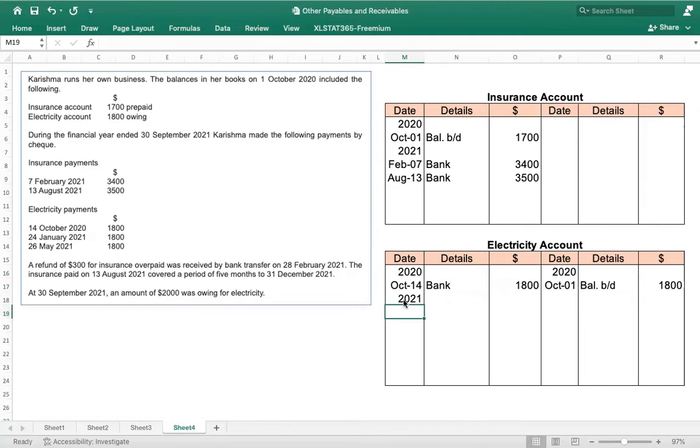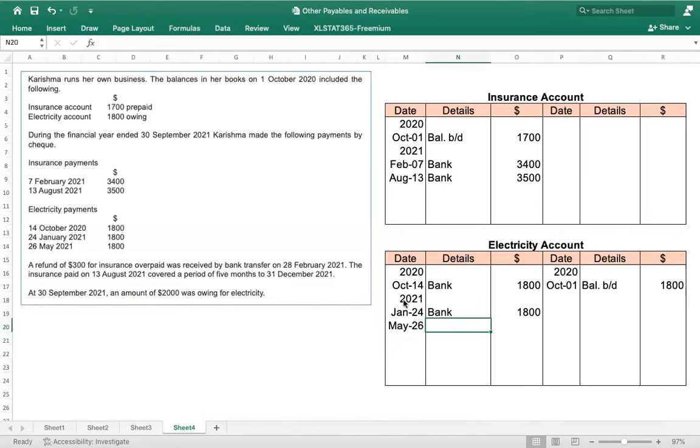2021. Which date? Jan 24, right? Yes. How much money this time? 1,800. Then she paid on May 26, 2021. Bank, how much? Again 1,800. Right? So far we have recorded the opening balances and we have recorded the payments made during the year,